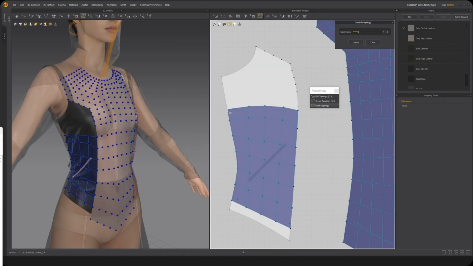The patch topology is great as a starting point, but once you start to edit topology and create topology manually, it becomes very, very hard to use the patch afterward. You can still use the patch on certain zones here. And what I could do is perhaps something like this here, perhaps, if I wanted to create a patch that